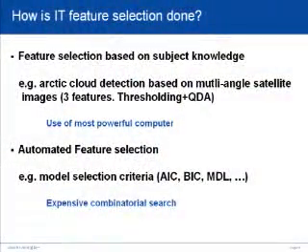But it doesn't matter what your problem is. Everybody's talking about how you need fast computation, and you have to do some form of feature selection or data reduction. And if you look at the tradition started with R.A. Fisher, basically feature selection was mostly done based on subject knowledge.